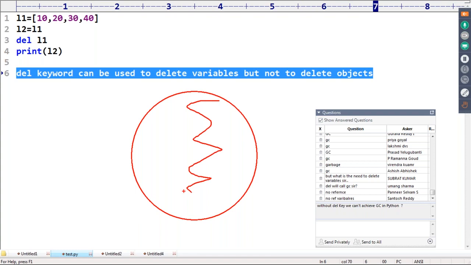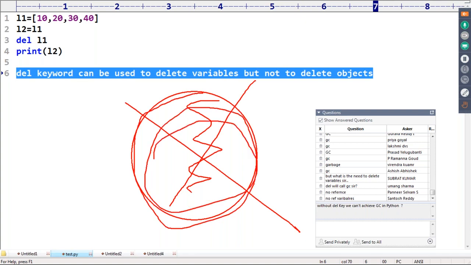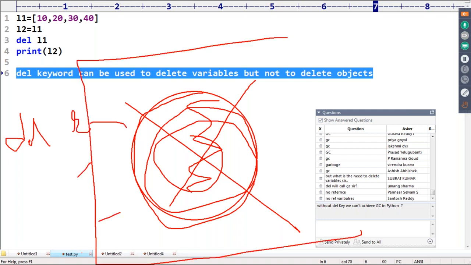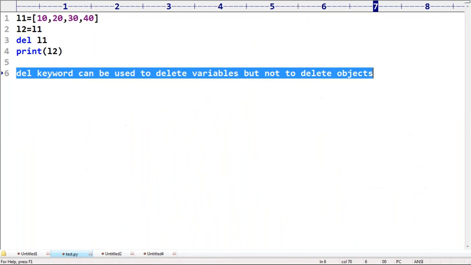If it becomes a useless object, then it will be destroyed by the garbage collector. That's why, if an object is no longer required, delete all reference variables. Then automatically the object is by default eligible for garbage collection. Clear, friends? Don't get confused.